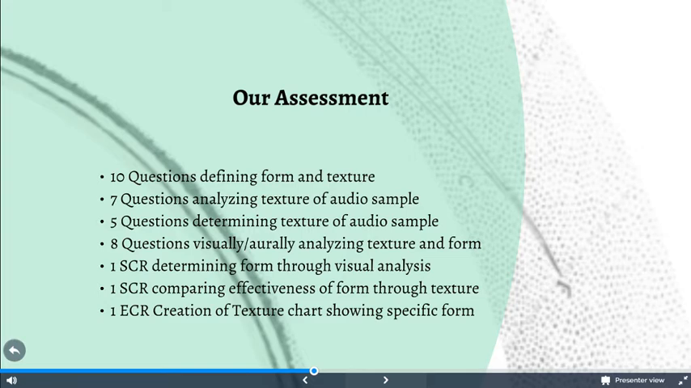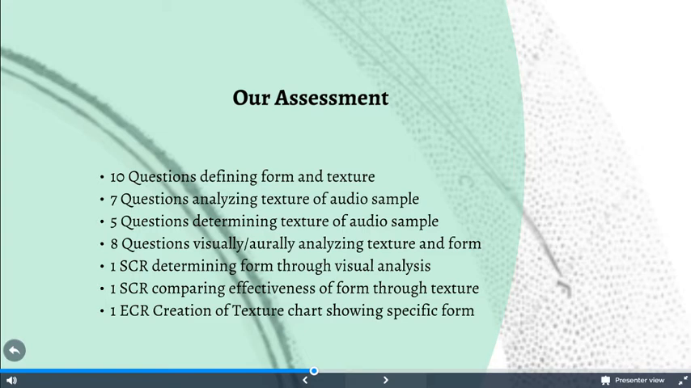students had to listen to usually about 15 to 20 seconds of each sample and figure out the instrumentation that occurred within that sample. We also had 5 questions determining the texture of the audio samples. So whereas the top one was really figuring out what matched with each part, where you had to match pre-given charts with what you were hearing,